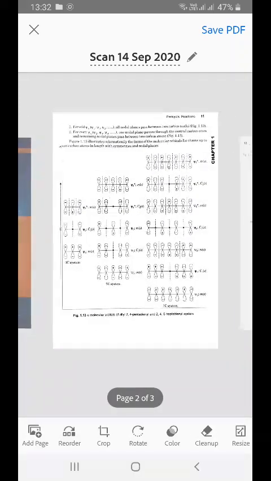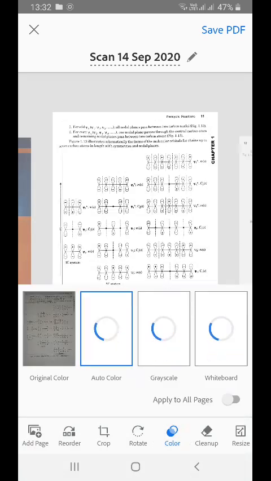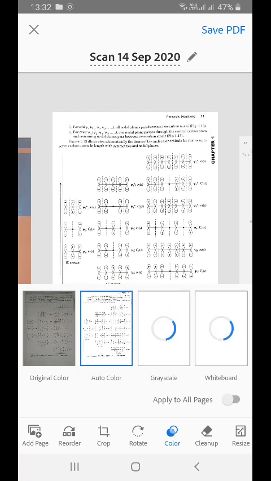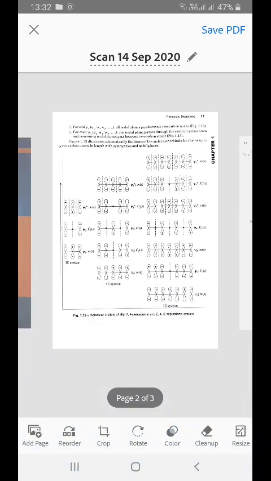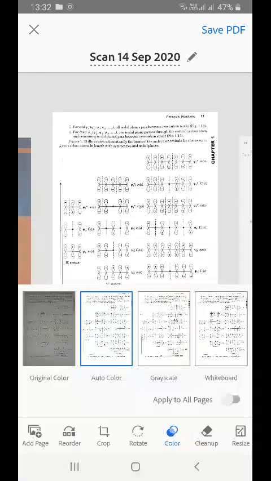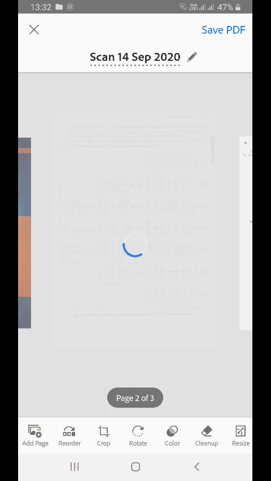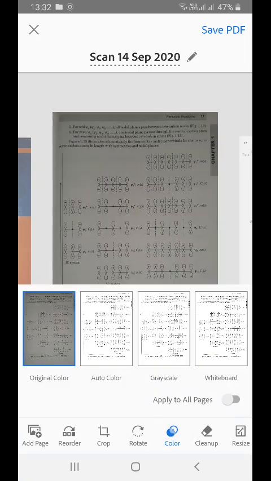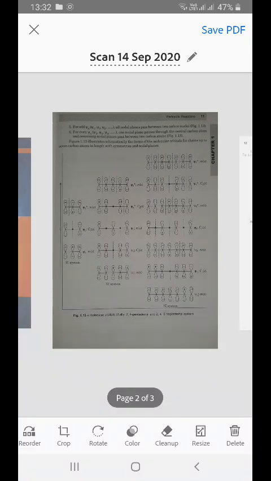Yes, now the main important thing is this is from the book, so it is not blur or hazy. But when you have haziness or blurring, because you have to submit your assignment, you can go to the color option, right? So always try to keep original color or the auto color for your assignments. Like original one will be like this, or the auto color. Don't go to the black and white or the gray scale or white scale. Use only auto color and original and apply to all the pages, right? Yes, you can resize it also, you can delete if you want.